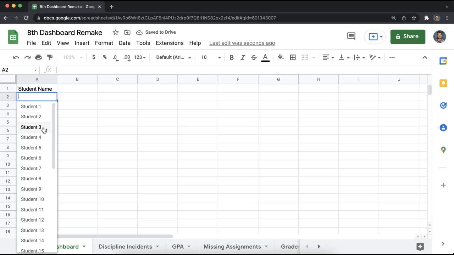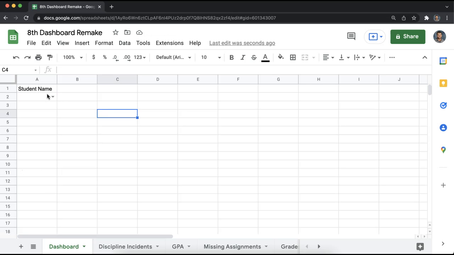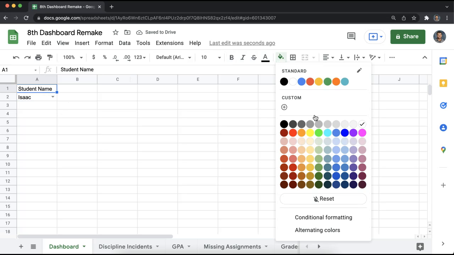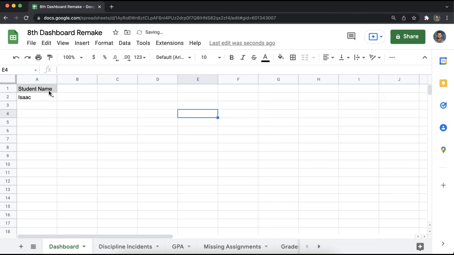So I should see all of my students in here, right? And as I click these, I can search for them and pick a student out. So now I am choosing what student name values are going to be going into these queries that I'm going to run. I'm not going to get too wrapped up in formatting here, but there's my student name section of this. So now what I want to do is build the actual dashboard part where we're pulling data into this dashboard. So I'm going to pull GPA first,